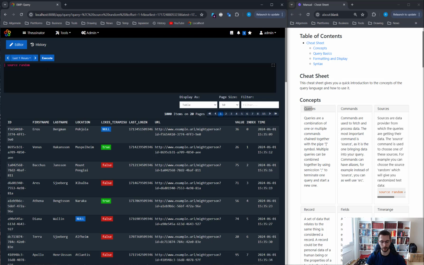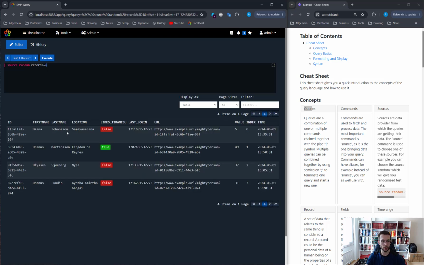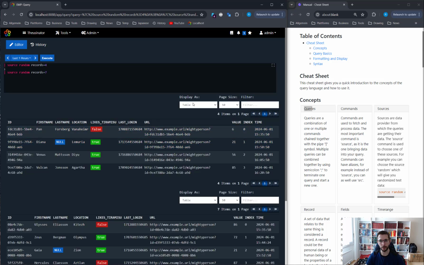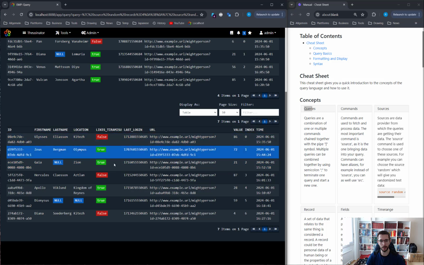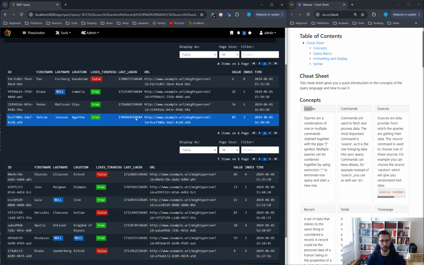A query can have multiple queries. Let's say we have the number of records set to 4, so we only have 4 records in this one. We can copy this whole thing and create a second query by terminating the first one with a semicolon. So we have a second query. Let's say we do 7 records here. So we have one query and a second query, and we have 2 results